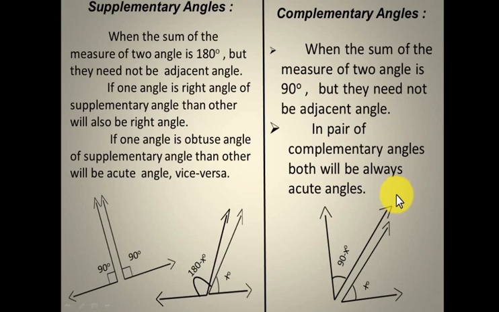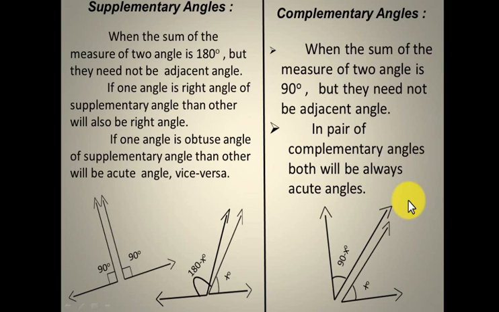Fine. Next one is supplementary angle. See, by seeing the image, you will think what I am telling. What is a supplementary angle? When the measure of two angles is 180, then we call it supplementary angles. Immediately a question will arise in your mind. The linear pair's total sum is also 180. How will we find out whether it's a linear pair or supplementary angles?